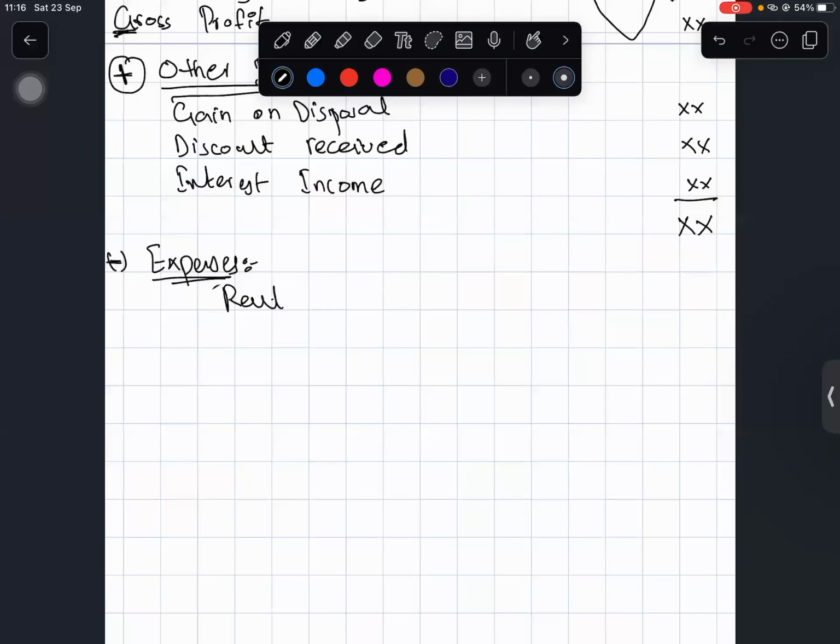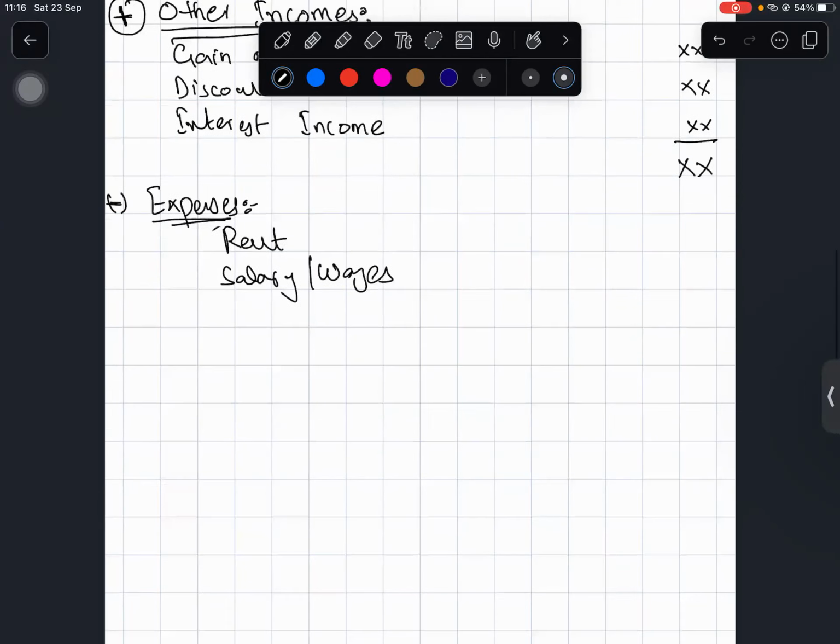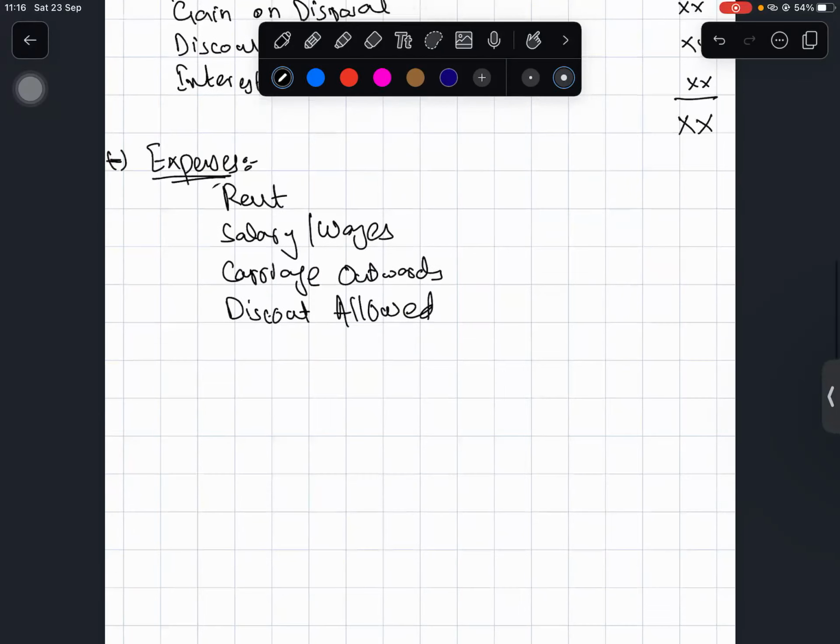So you will have the rent expense, you will have salary or wages expense, you will have your carriage outwards expense, you will have your discount allowed expense, you will have electricity, for example,